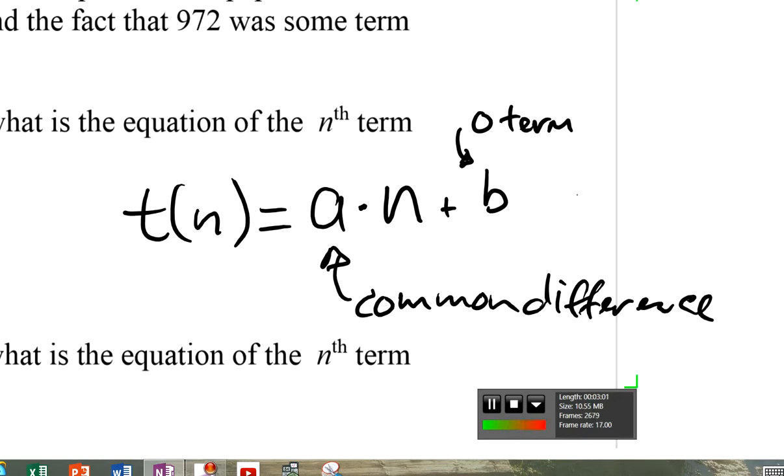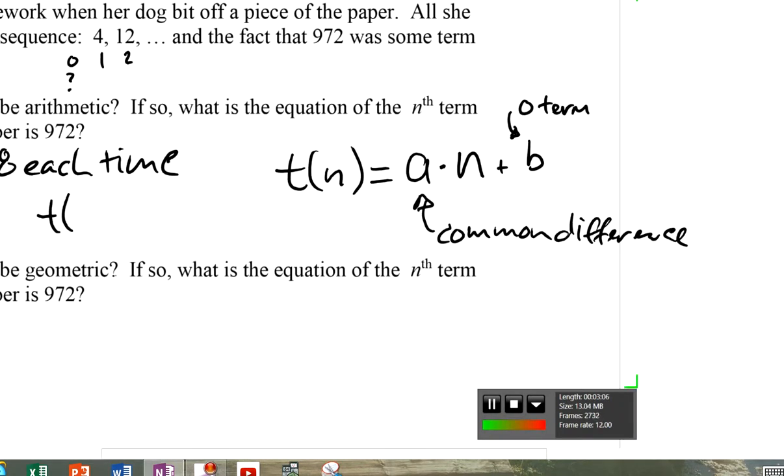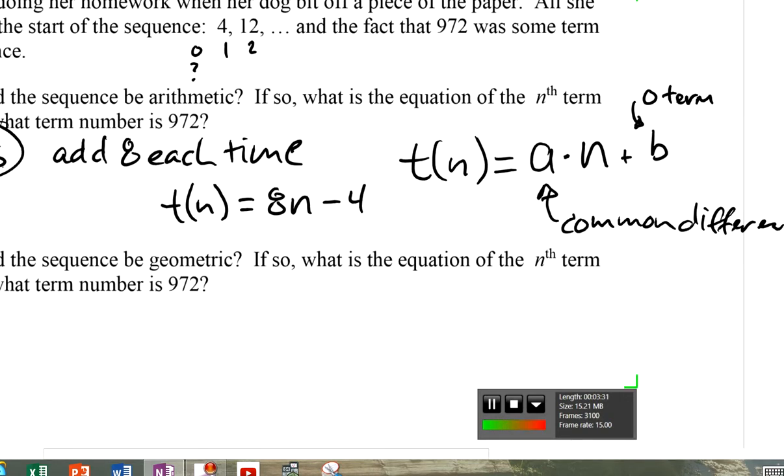We got that down. Now, for this particular problem, if we write this, it's pretty straightforward, right? The nth term is going to be 8 times n, and then minus 4, because -4 is my 0th term. So it definitely could be arithmetic. That would be the equation for the nth term. Look, you put any n in there, and you're going to get what term number that is. Now, there's one more part to this equation, right? We've said, yes, it could be arithmetic. Here is the equation of the nth term. The one more thing that we're missing, though, is